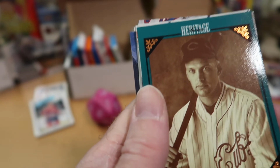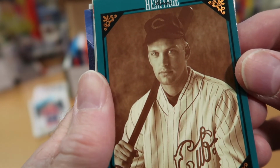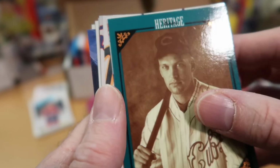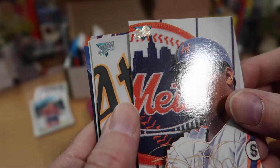Mark Grace is the Heritage insert. Mark Grace looks kind of creepy in that photo. He looks kind of zombified or something. I don't know about that. It's kind of a weird photo. Who is this? This is...